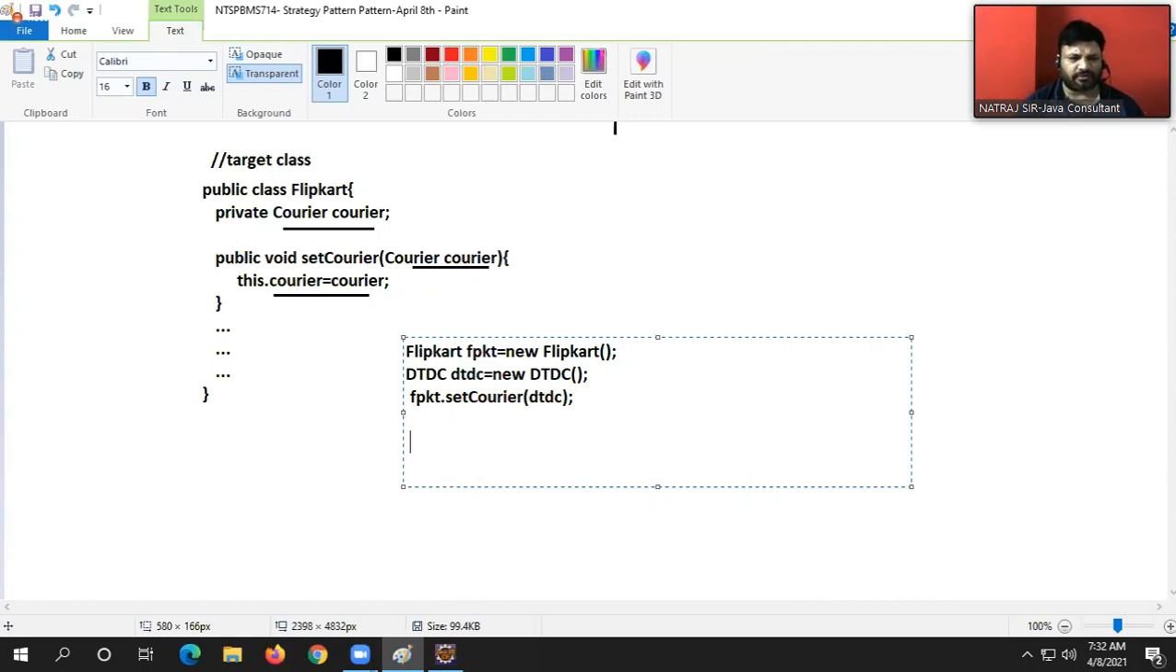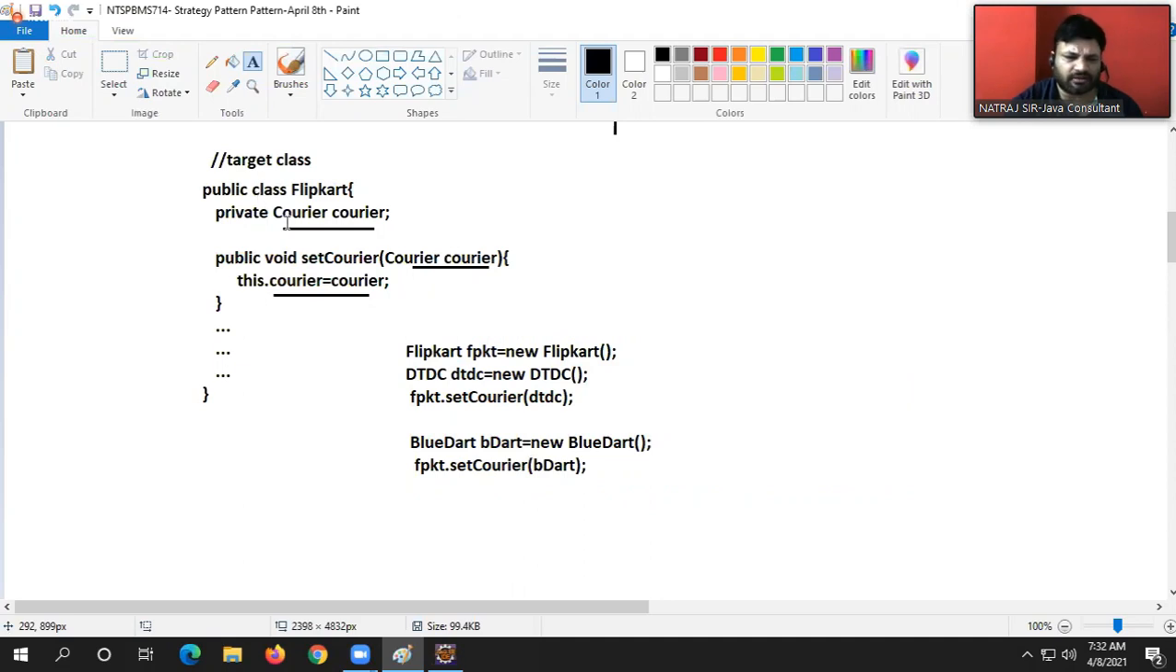Then what you can do, boss? Okay, Blue Dart. Am I touching my target class, guys, to change from DTDC to Blue Dart? Blue Dart B is equal to new Blue Dart. FPKT dot set courier of B. So I'm changing from DTDC to Blue Dart. Am I touching my target class code, guys? No. So we are able to change from one dependent to another dependent without touching the source code of our